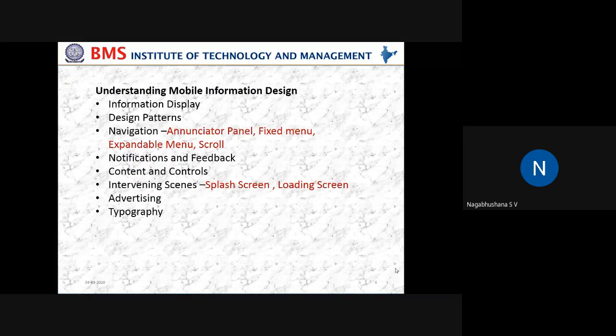Next is content and control. What is this content and control? Content is nothing but the information that is being projected to an end user by keeping a few concepts of mobile usability.